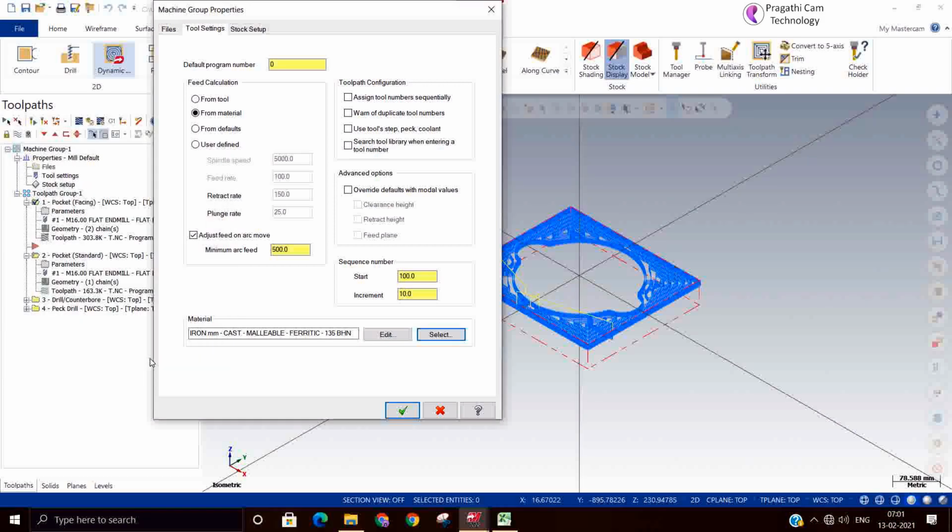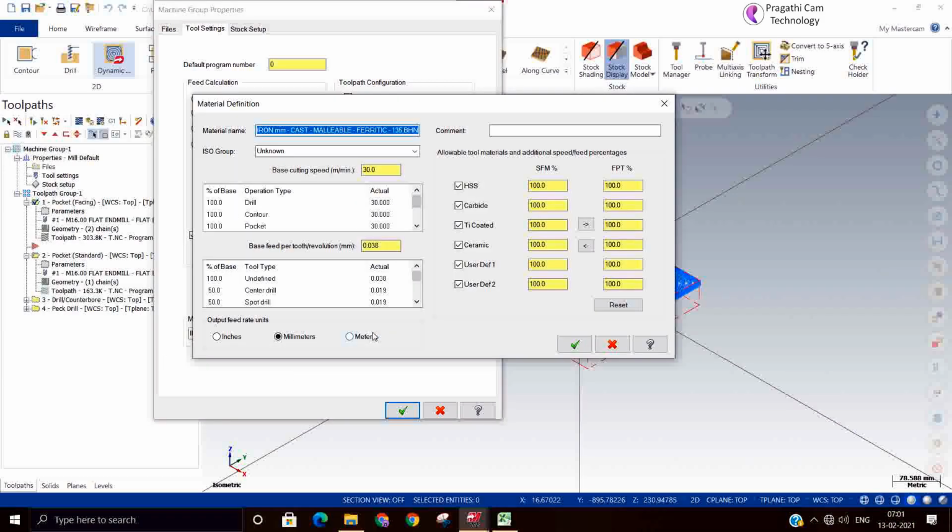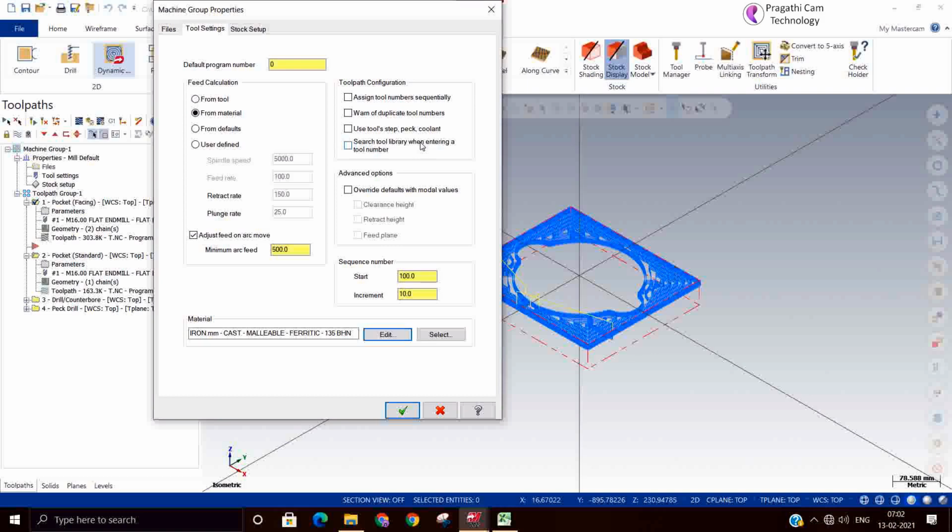If you want, you can edit. Now how the base feed rate has to be used in terms of percentage. You can see for surface machining how much has to be used. These are all there in the tool library. This is all about the material library.